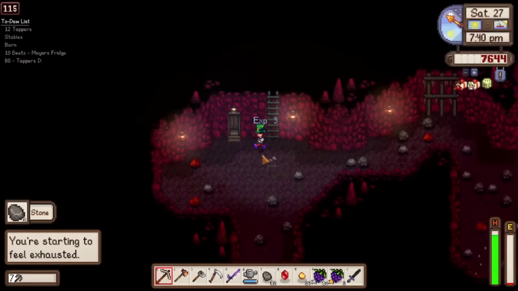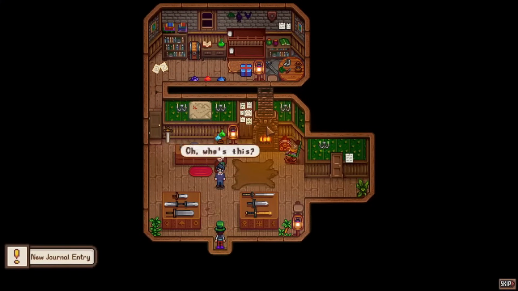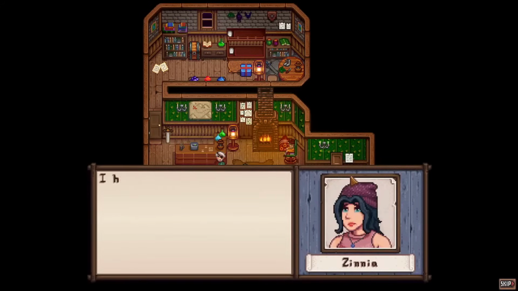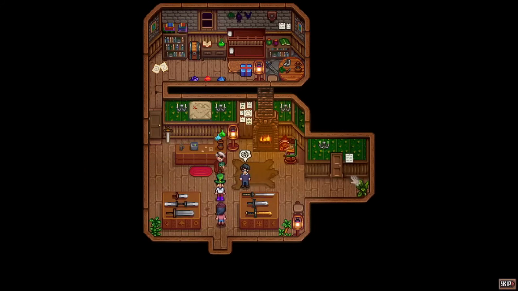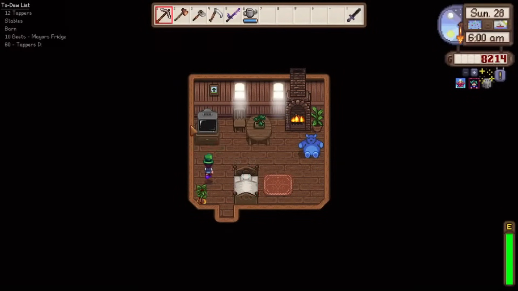In the mines we got down to level 115 before running out of energy, so we went to meet the new people at the guild, and it turns out they are Marlon's nephew and niece, Gabrielle and Zinnia, and they are here to undertake some monster research, so I can't wait to help them out. Mining leveled up that night, and we woke up on the last day of summer in year 1 of our